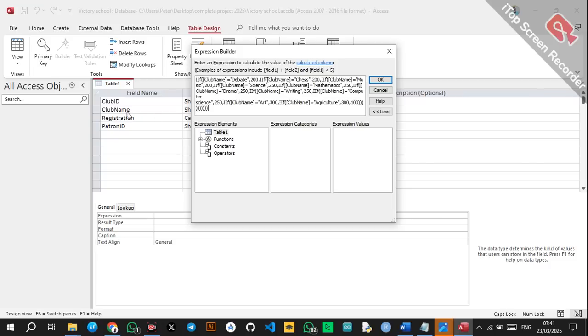So if club name, the club name here, the field, is equals to debate, then the amount to be paid is 200. If the club name is chess, the amount is also 200. It is in the question paper. We've been told a new member joining a club is required to pay an unrefundable registration fee, which varies by club as follows: debate club, chess club, and music club, registration fee of 200. So that is why I've said if club is equals to debate 200, if club is equals to chess 200, if club is equals to music 200, if club is equals to science 250, if club is equals to mathematics